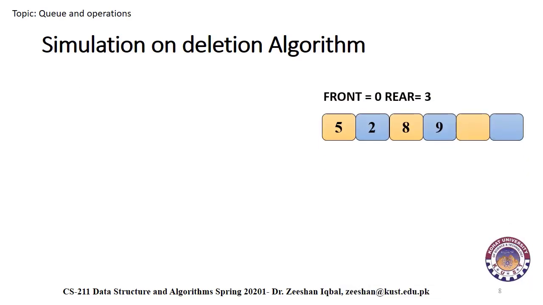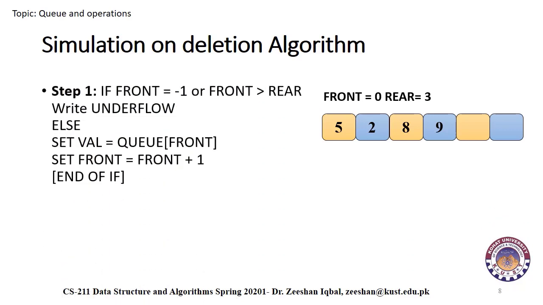Now in this example that I am showing here, the queue has 4 integers where the front value is 0 and the rear value is 3. Let's delete a dequeue 1 integer and show you the simulation of the algorithm. In step 1, the algorithm will start by checking the if condition: front is equal to -1 or front is greater than rear, which will be false as the front value is 1 and the front value is not greater than rear 2.